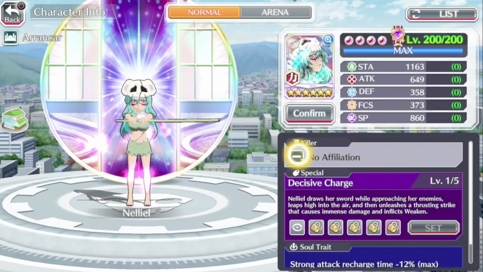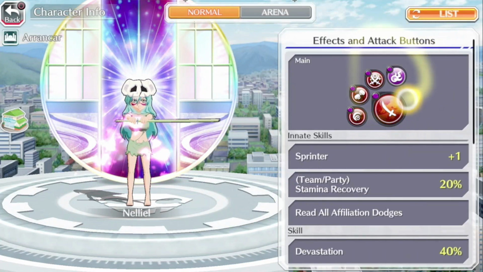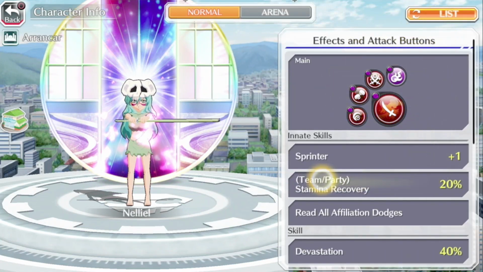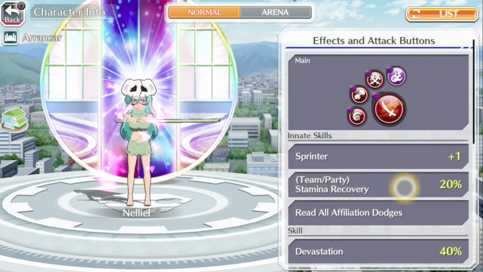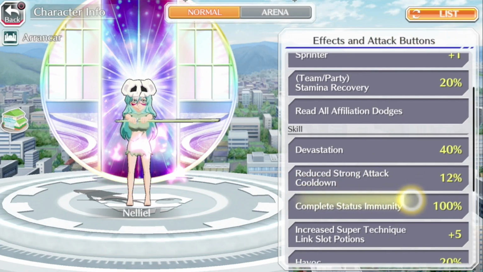Also, this Neliel is a premium unit that you can use. She is a melee unit, so you won't get the bonus range damage. She does have the stamina recovery for 20%. She has the reduced strong attack cooldown 12%, complete status immunity 100%, so she is immune to the status elements